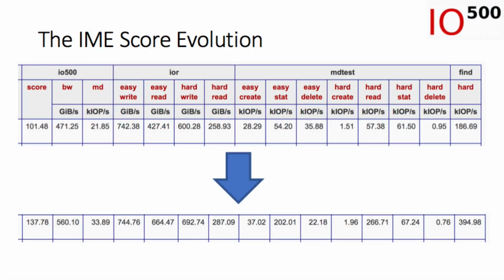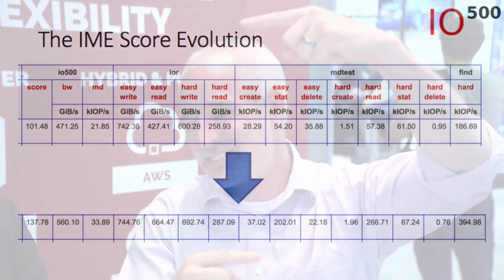IME grew both its easy and its hard, and it improved in both bandwidth and metadata. Its gap, however, is sort of interesting. IME for a long time has done a better job at preventing degradation, and now its upper bandwidth went up, and its lower bandwidth went up a little bit, but not that much. So it's interesting as a way of asking what would you prefer in a file system. You might think that this is strictly better because both the bottom and the top grew, but maybe it's worse because the amount of unpredictability also grew. So what happened with these 2 new submissions, and which ultimately was the winner of the second ever IO500?